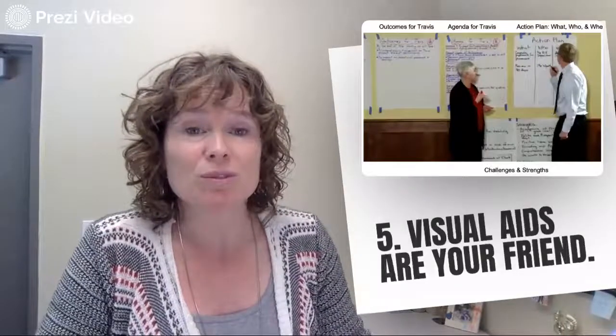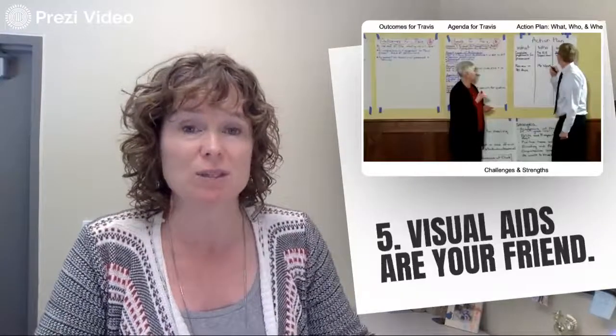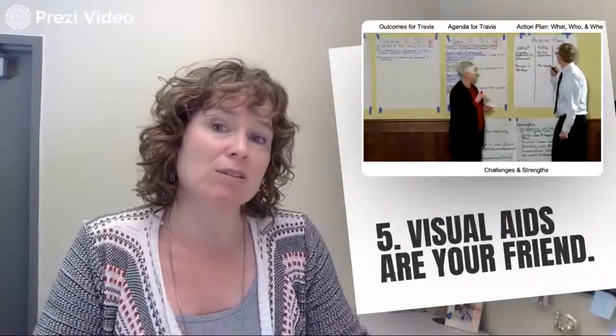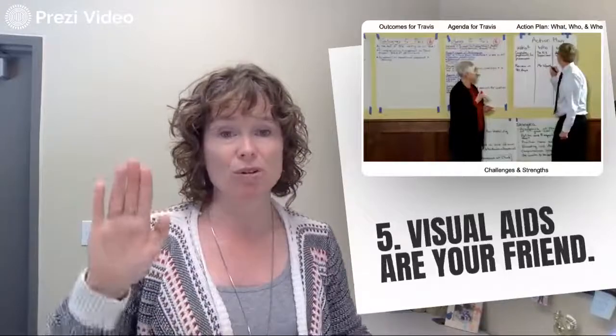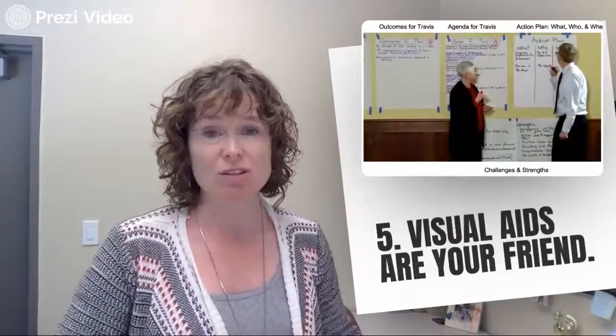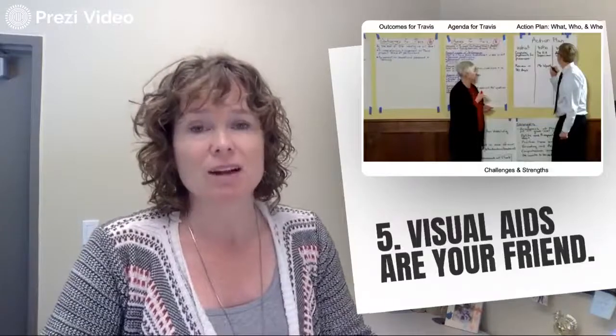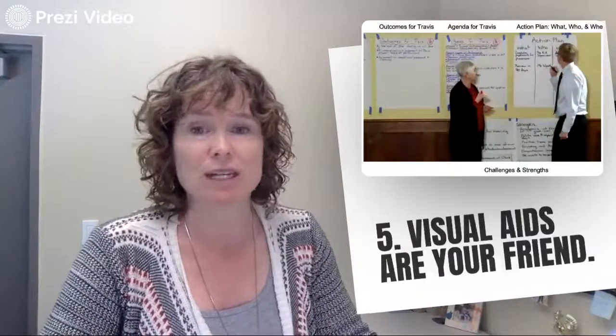You can also use visual aids to do a competing pathways chart if your team is writing a behavior intervention plan. You could also include desired outcomes and placement options for students, such as using a pros and cons list for each placement option that's being considered, so that folks are feeling like they're making a really good informed decision as to where the student might be going next.